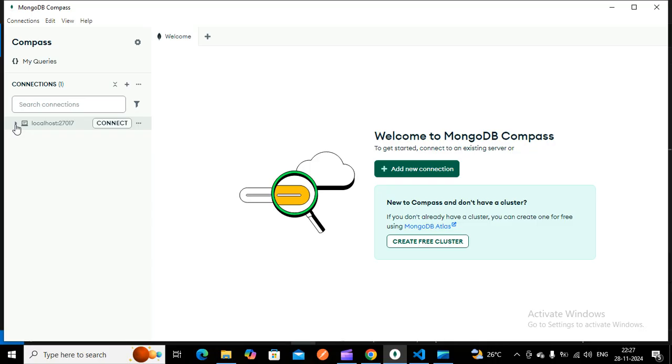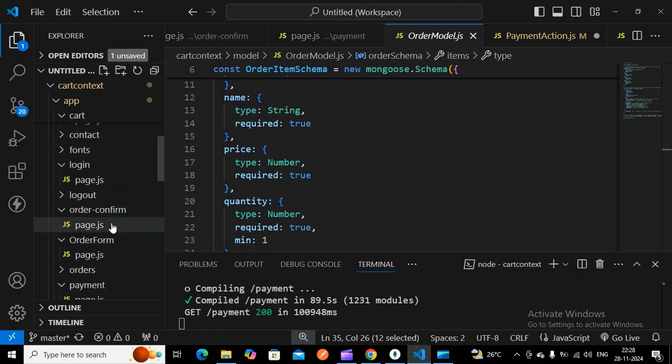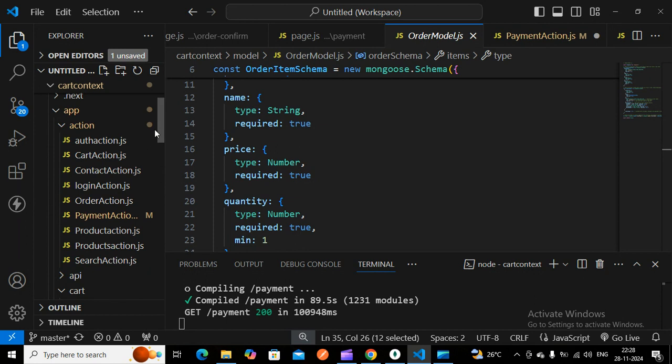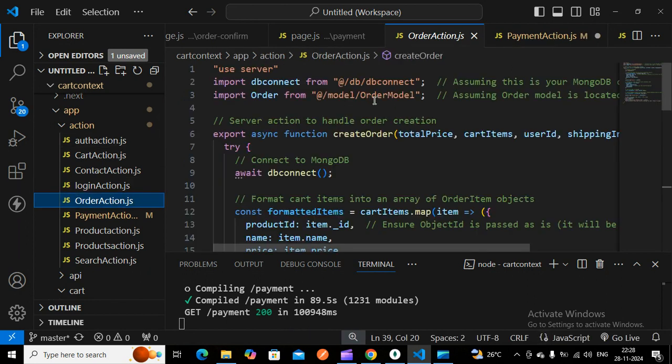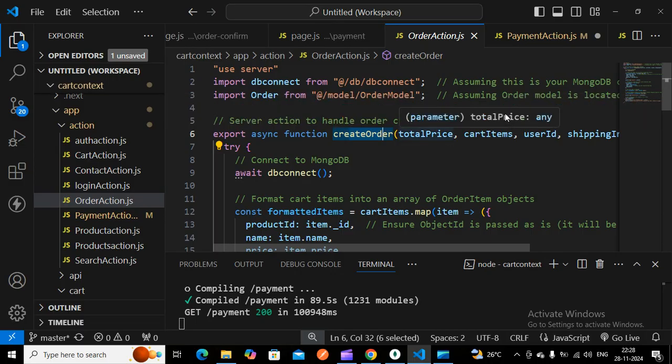So once I click this, I'm connecting with this. Here you can see the order. You have to go to the order action. In the order action, you import the order model and dbConnect, and you use the use server directive. Here you create the order, passing the total price, cart item, user ID, and shipping info.